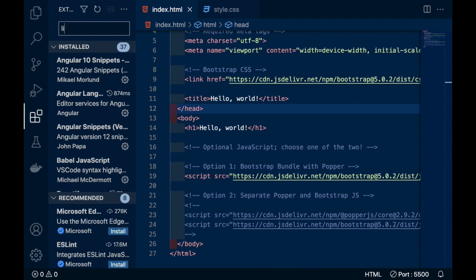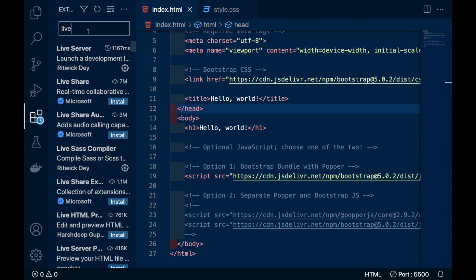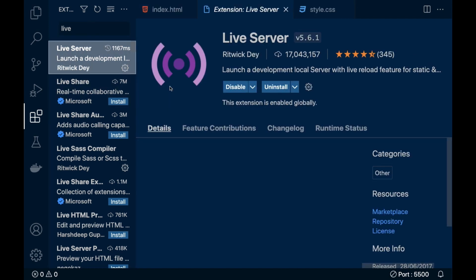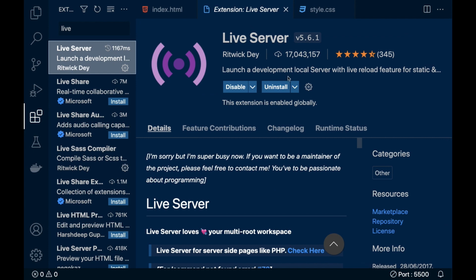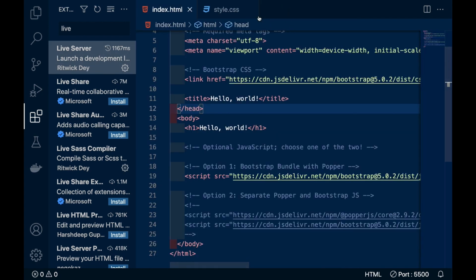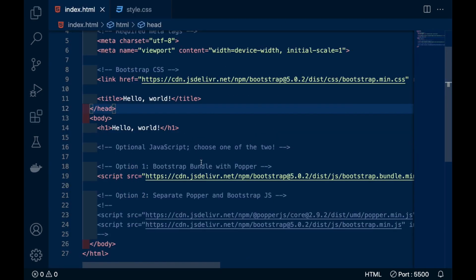If you simply type live, you will see here you get a live server option. So click on that and simply install it, then you will get that option when you right click. So now you can see our template is ready.